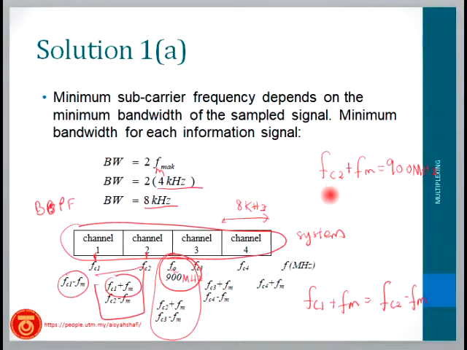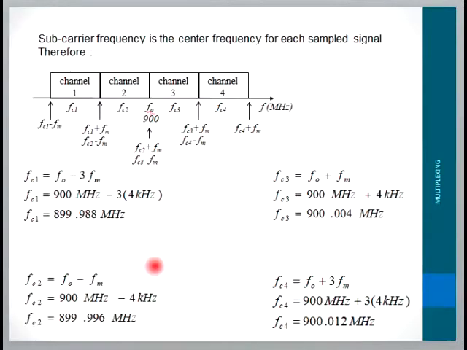Okay, so FC2 equals 900 megahertz minus FM, which is 4 kilohertz. Okay, and you solve the FC2 first and then get the other, or another method you can